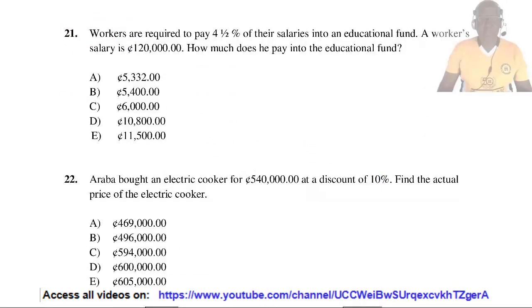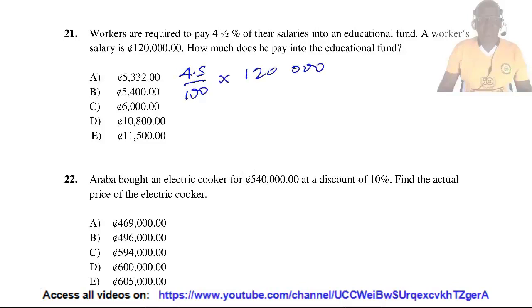Question 21. Workers are required to pay 4.5% of their salaries into an educational fund. A worker's salary is 120,000 cedis. How much does he pay into the educational fund? 4.5% of 120,000 cedis is 4.5 divided by 100 times